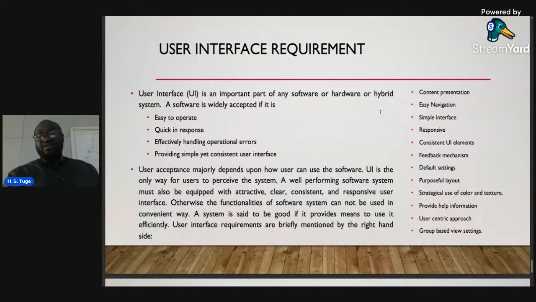Consistent user interface, user interface element, we have talked about it. Feedback mechanism, what does that mean? The system should be able to give you feedback. If you are to add a user and there is name and email, when you type the name and email and you click on what? Submit, it should be able to tell you that, please wait, system is loading. Otherwise, you just go, okay, this click where I click, I should say you click what? Let me click it again. And then you start clicking, and then nothing happens again. And then let me just do the clicking like 20 times. You click, right? And then you keep clicking, and then